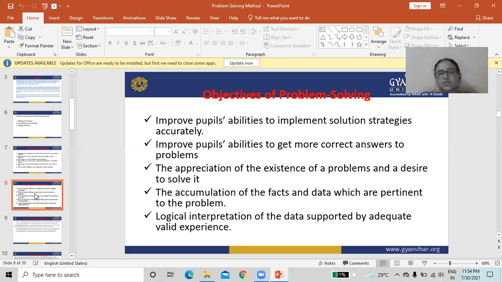Logic interpretation of the data supported by adequate valid experiences. These are the objectives of problem solving method.